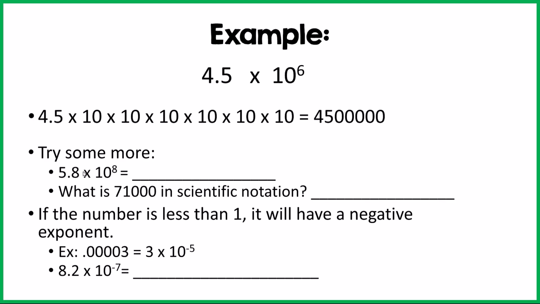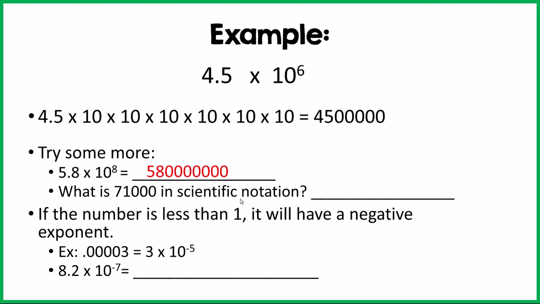So if we try some more, you can use your calculator for these. 5.8 times 10 to the 8th is equal to 580 million, or 5, 8 followed by 7 zeros. Working in reverse here,